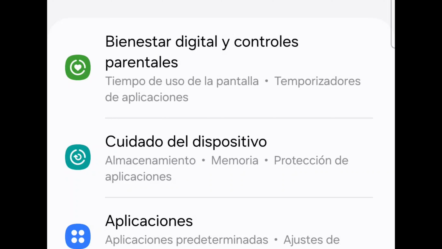Now let's look at another. Okay. You see this icon with this heart. It says, bienestar digital y controles parentales. Now, in your settings on your phone, there's always something nowadays about health and parental controls and stuff like that. So, yes, bienestar digital is digital health. Y controles parentales is parental control. You see the root word control in there. And you see the root word parent in parentales. That's it. Parental control. Controles parentales.